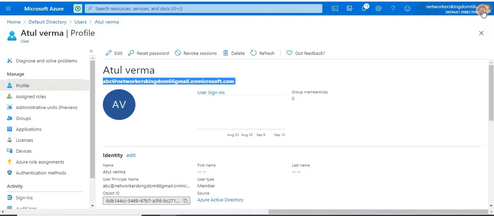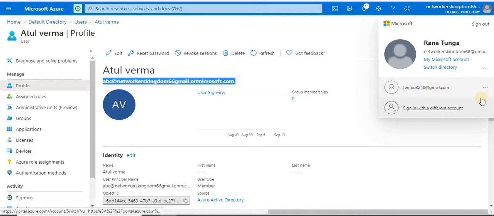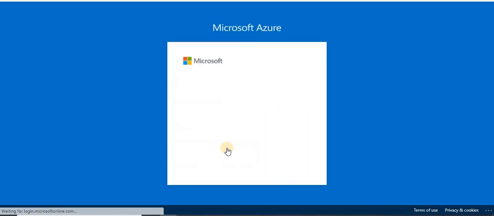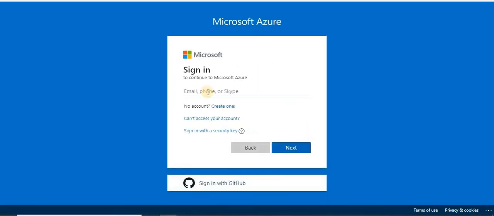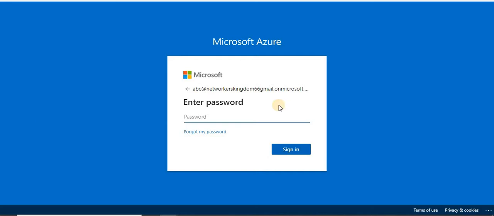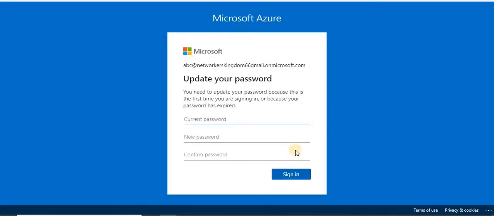Copy and let me show you login. Sign in with different. Okay, use another user, and let me paste my username and password, which I have pasted here. Okay, and sign in. See, it is asking for current password. So let me paste and then new password.